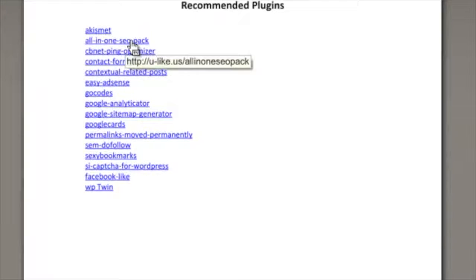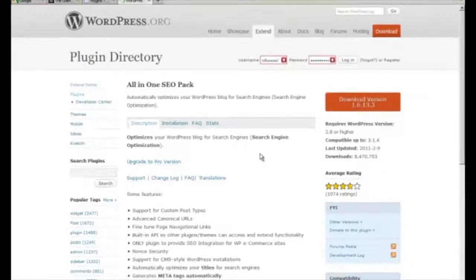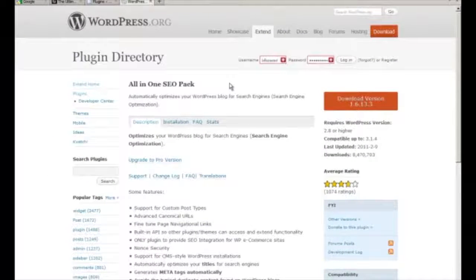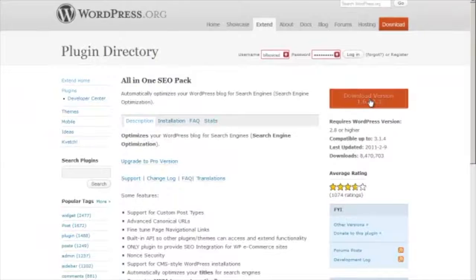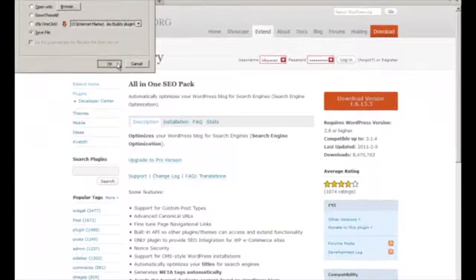and choose All-in-One SEO Pack. This takes us to another way to go get a plugin. This takes us to WordPress.org, which houses all of the free plugins that are registered with WordPress.org. And the way you would do this one is you would click on this button right here that says Download Version 1.6.13.3 in this case. Click on that, save the file,